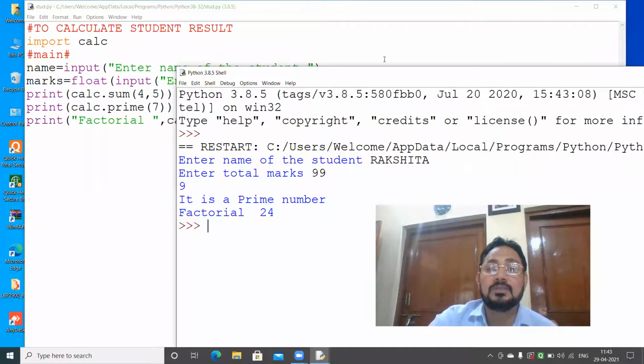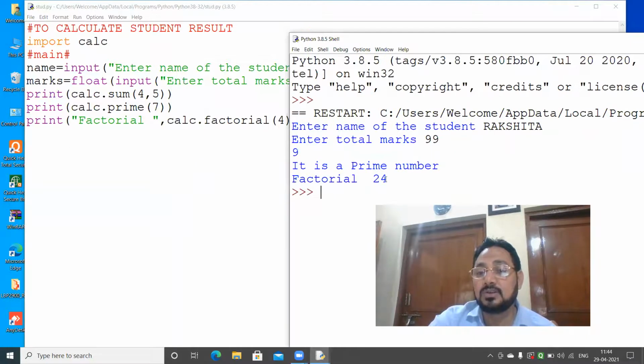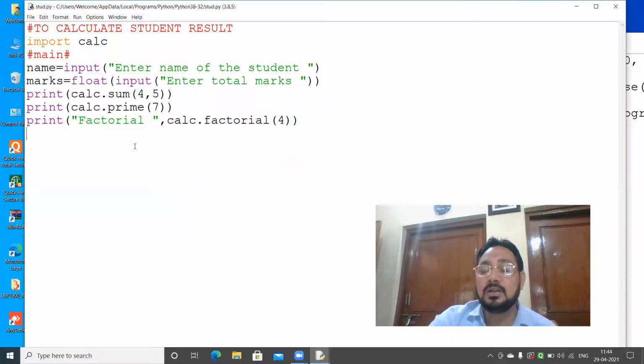Enter. So where is 9 coming from? That's the sum of two numbers. And where is this message coming from? It is a prime number, because of the function we have made in the module calc, in the file calc. Factorial 24. This all result is now coming perfectly.